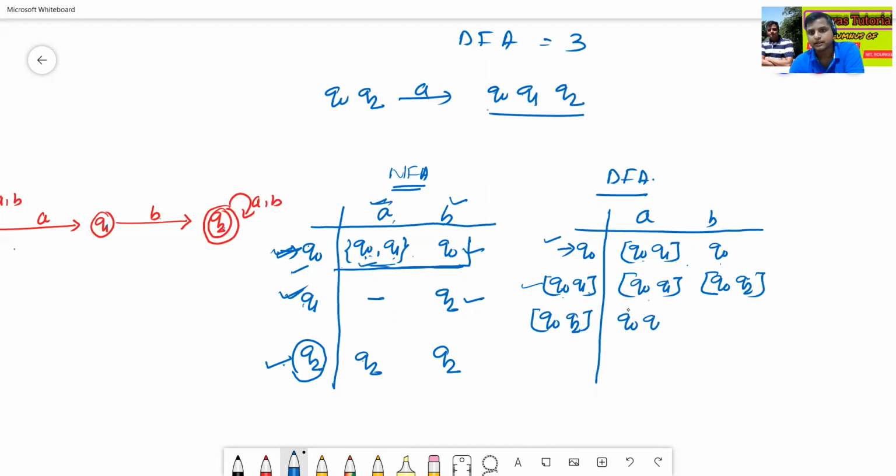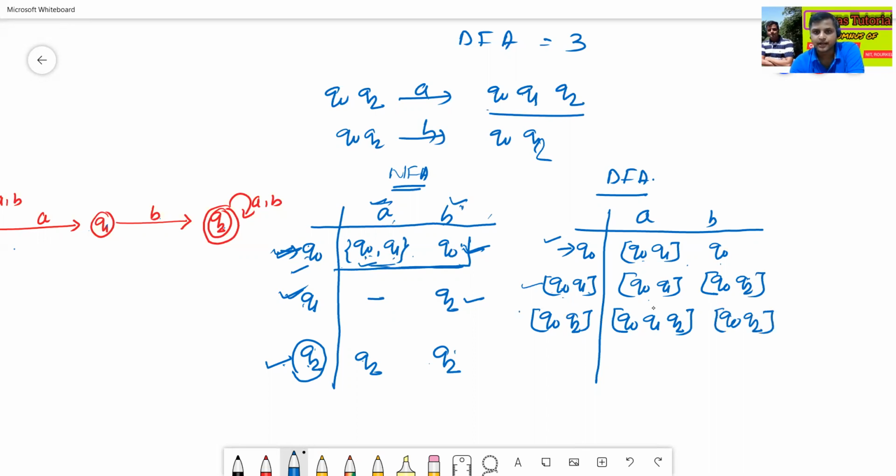Then Q0, Q2 reads B. Q0 reading B will give Q0, and Q2 reading B will give Q2. So this is Q0, Q2.